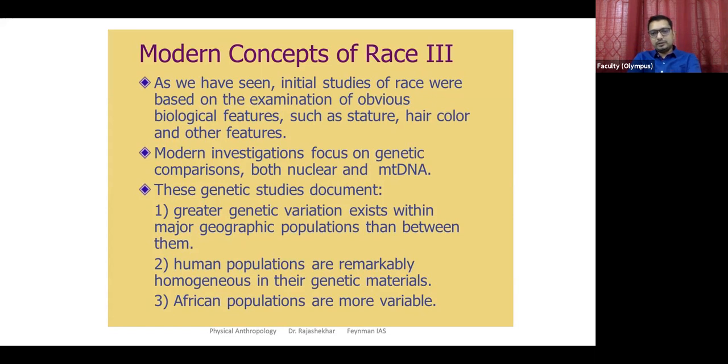genetic components, nuclear DNA, mitochondrial DNA, Y chromosomes, analysis of Y chromosomes to see how male inheritance has changed over a period of time. Or they focus on mitochondrial DNA for understanding maternal inheritance patterns. Because we know the Y chromosome should come from fathers to sons, whereas mitochondrial DNA should come from mothers to any children, males or females.